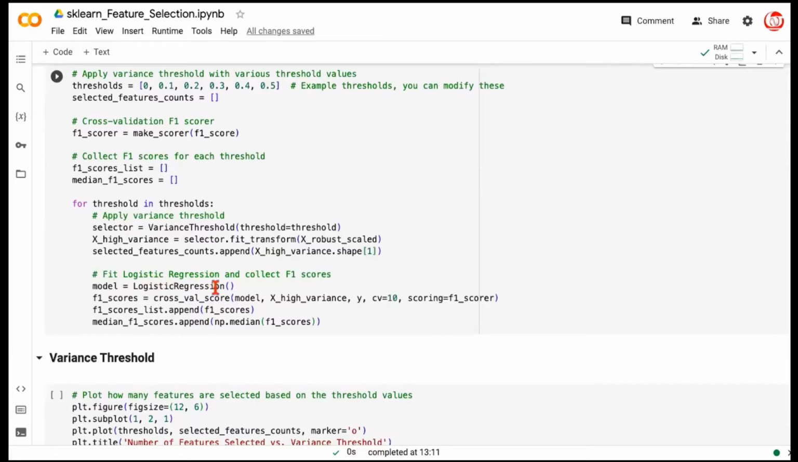Then we are fitting the logistic regression model, and we are doing the cross-validation score, which needs the input as the model, the feature set, which is the X and Y, and the X feature set we are giving here is the one that has been fit-transformed after the variance threshold application. We are doing 10-fold cross-validation and taking a custom model scoring parameter. Once we do this, we are going to update these two lists. We will update the F1 score corresponding to each threshold,